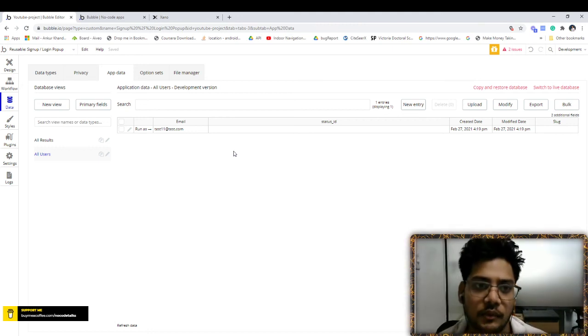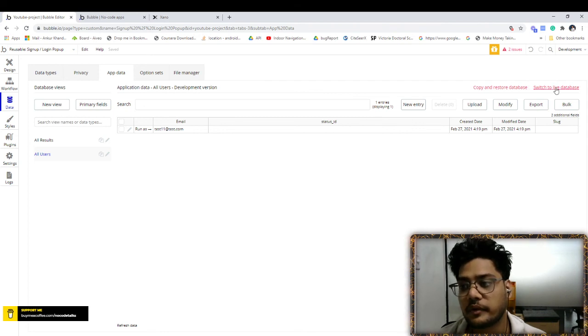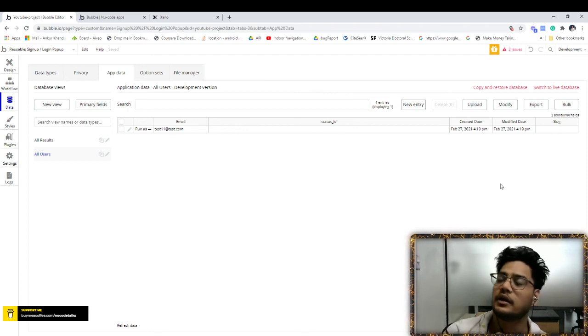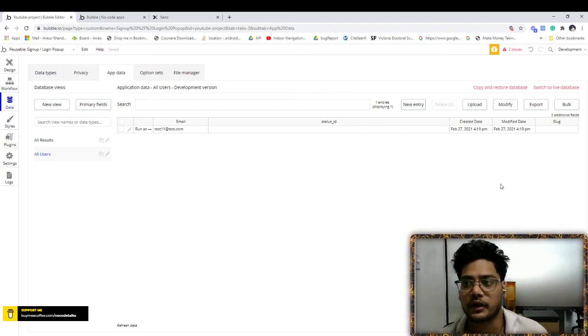That is a good thing with Bubble. And one more thing: there are two databases available, one is the live database, one is the debug database. Most of the time, you are in the flow of building a product, you test and debug, and you are thinking, okay, I am going to log in, but you switch to the live database, and when you try to log in, you ask why it is not logging in, why it is giving me an error. For all systems, you have to sign up first, then log in. This is the basic issue I also faced. It is just that we forget.